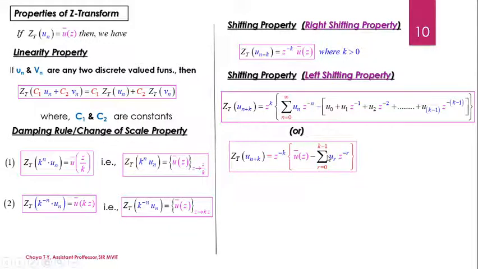Now this is for the second term. What about the first term? Observe the first term here. The summation of u suffix n z to the power minus n, where n varies from 0 to infinity, is nothing but the definition of the Z transformation of the sequence u suffix n, which is denoted as u bar of z. So I can rewrite the first and second terms as u bar of z minus the summation of u suffix r z to the power minus